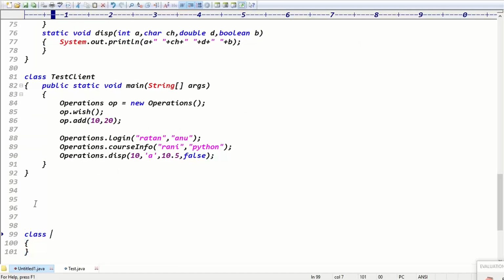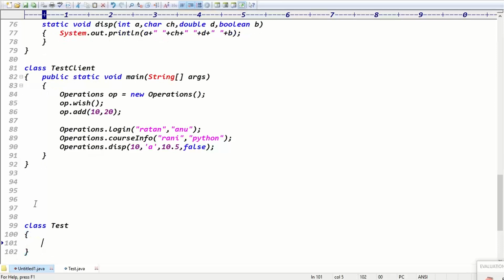Basically, in the OOPS concept, in application level, we will not create the object. We will create the object inside the method only. But what is the problem with inside the method? Once you create the object inside the method, the scope is only within the method, right? Can we access that object throughout the class or not? Guys, can we access the object throughout the class? Definitely no, right? Then that is a problem, right?